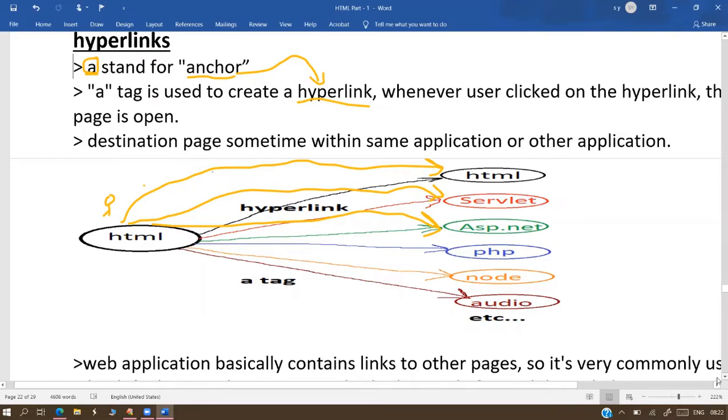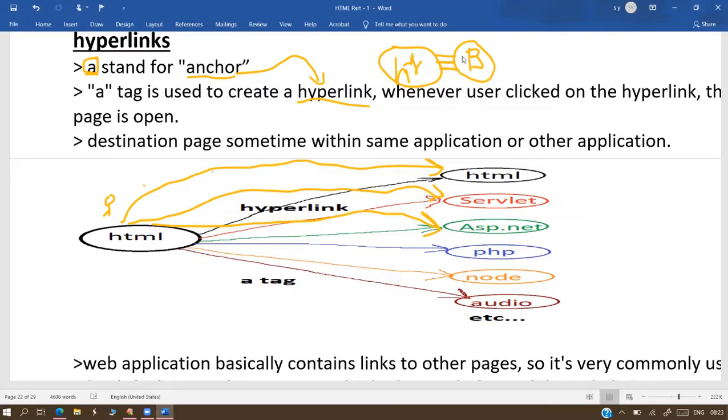Now, if you open any website, sir, and you are clicking somewhere, that is compulsorily a hyperlink. We click only on hyperlinks; if it is not a hyperlink, the second option is a button. There are only two possible areas to click: one is a hyperlink, the second is a button. Other than these two cases, we are not clicking anywhere. These are the only two clickable areas.